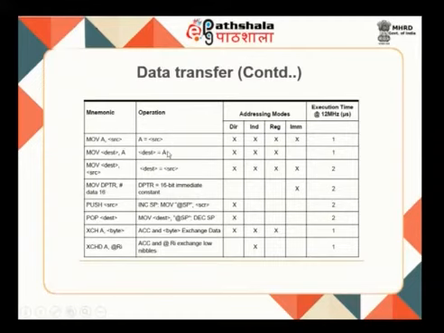This is the operation we have done. When you are looking at the execution time, it is only 1 microsecond. That means, as we have already discussed, 12 clock cycles are given for one machine cycle, one machine instruction. So it takes one cycle, one machine instruction, to process this particular instruction. That way it has been discussed.